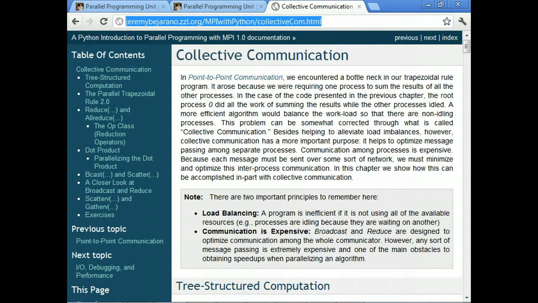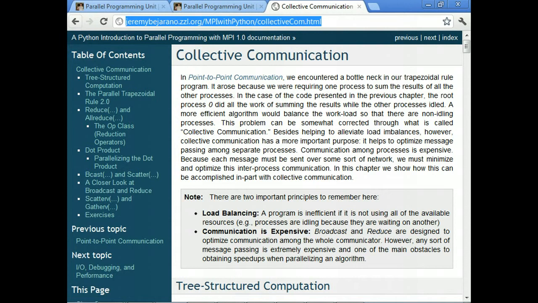Communicating between a processor and its cache, for example, is the fastest memory operation around. And between memory and your processor, it's still fast.